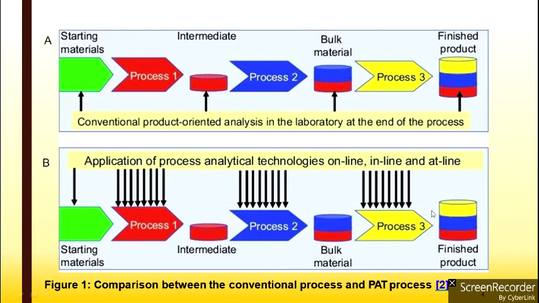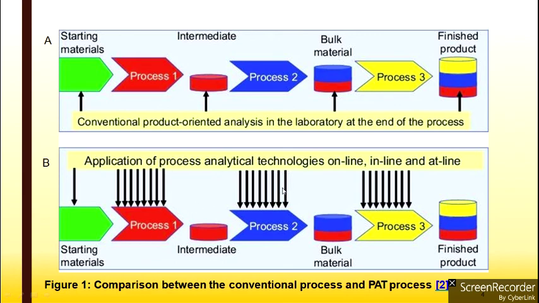So the finished product will be 100% sure to meet the quality requirements, because all the analysis and risk assessment is being done with respect to the regulatory requirement, and now you can be sure that your finished product is meeting all the guidelines. But in this other case, the finished product may or may not meet the guidelines. If it is not meeting the guidelines, you have to go back to checking the starting materials and again the process. So one round or one batch process, whatever you have done here, will be utter wastage, and so much of the economy will be lost in this case.